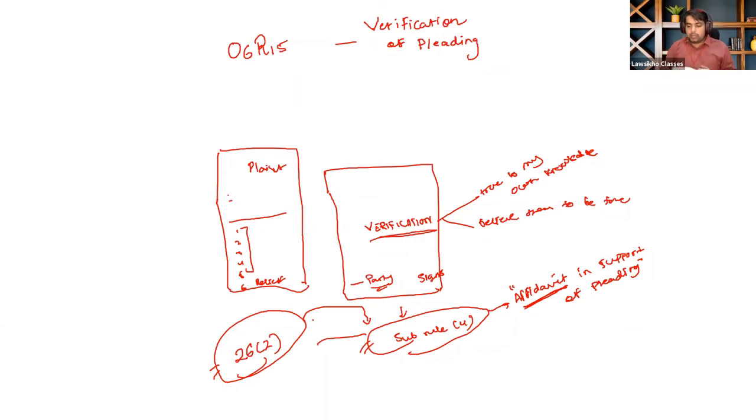Now first we have to understand what this section is applicable to: pleading. It is not only applicable to plaint. Pleading is a broad term. जो pleading है ना, ये section pleading के लिए apply करता है. This is not only applicable to plaint. Now pleading is a broad term. Pleading में आपका plaint आ जाता है,